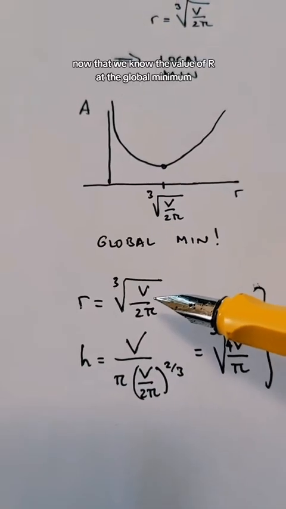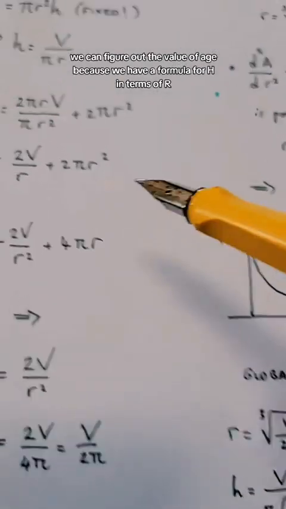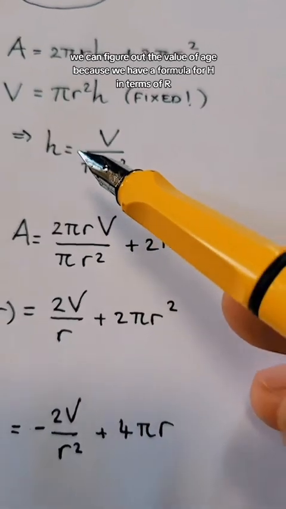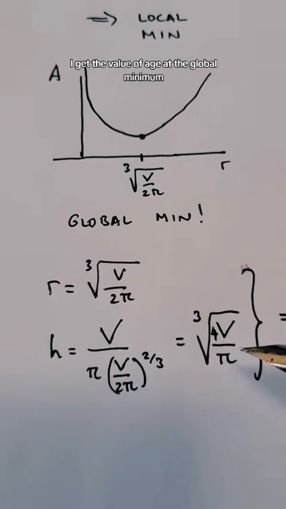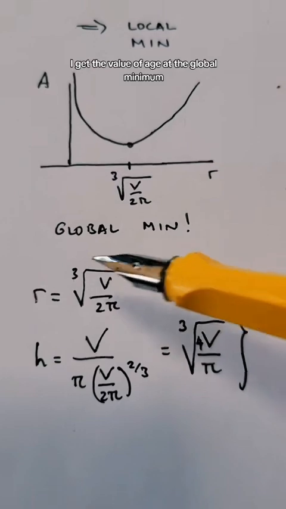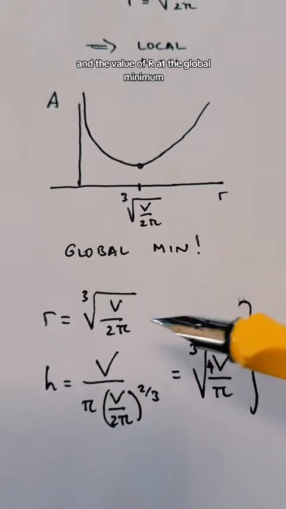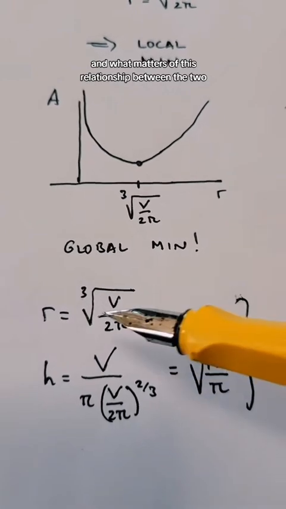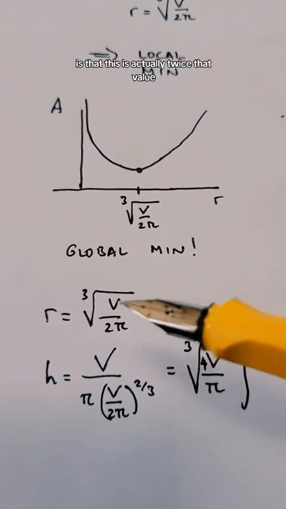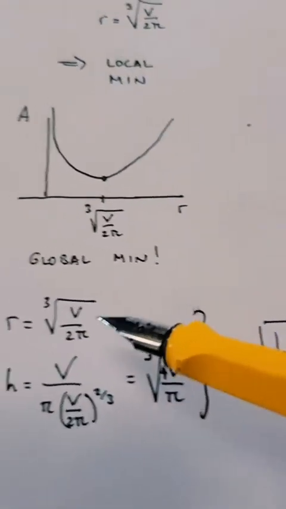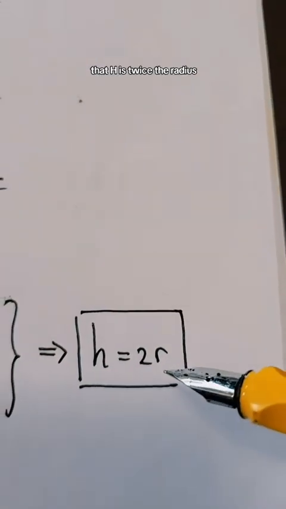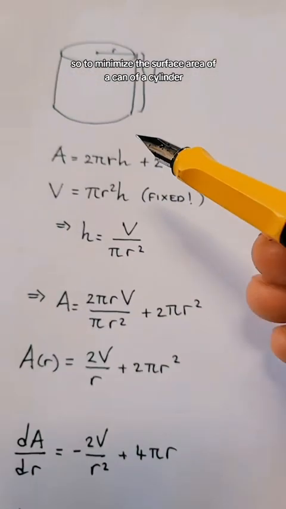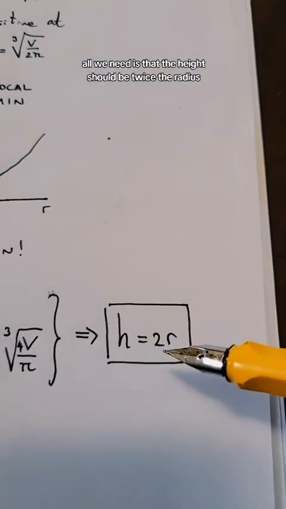Now that we know the value of r at the global minimum, we can figure out the value of h, because we have a formula for h in terms of r, and if I plug in r in that formula, I get the value of h at the global minimum and the value of r at the global minimum. And what matters of this relationship between the two is that this is actually twice that value. So this happens if and only if this happens, that h is twice the radius. So to minimize the surface area of a can, of a cylinder, all we need is that the height should be twice the